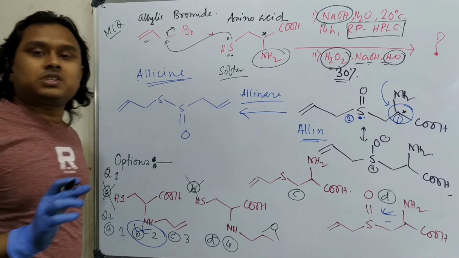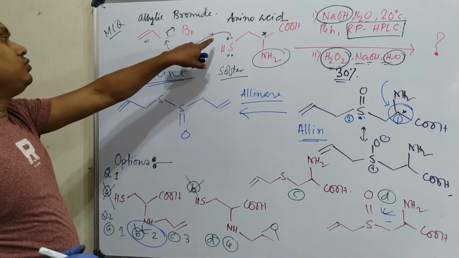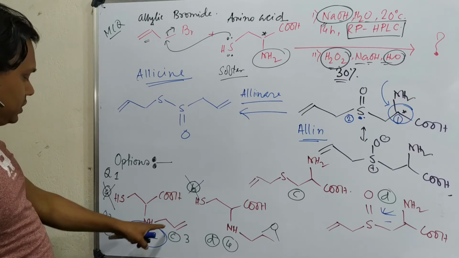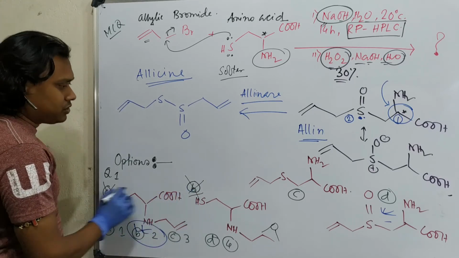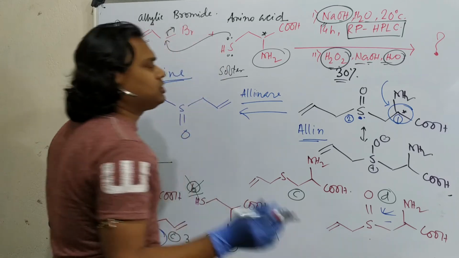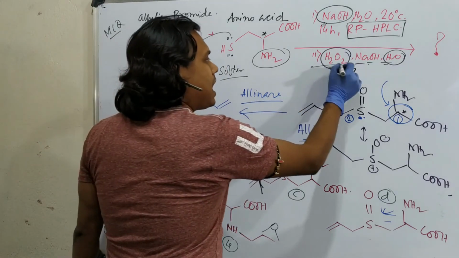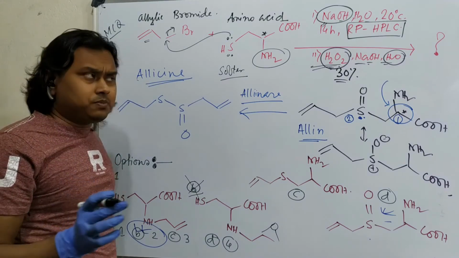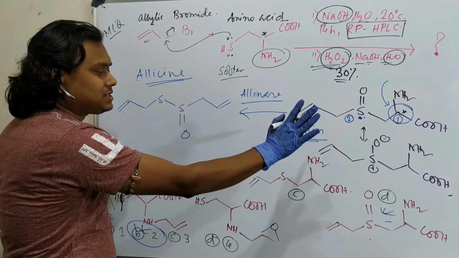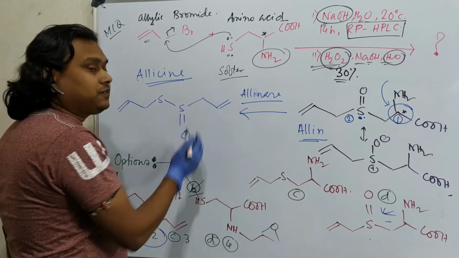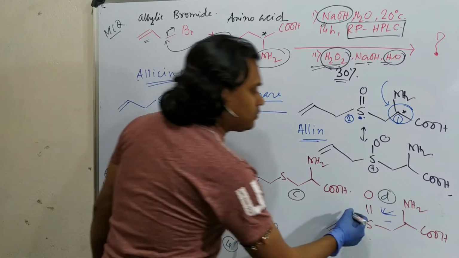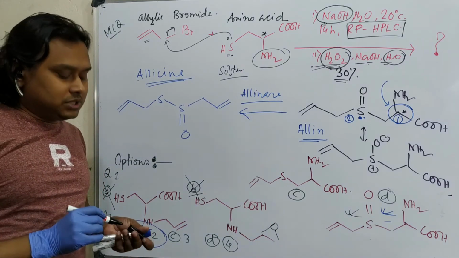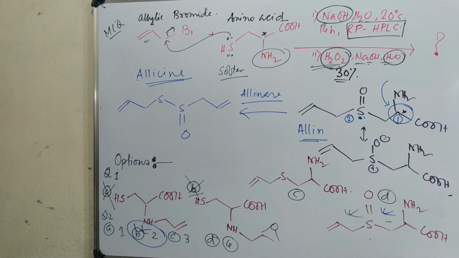So first of all, when you observe this problem, you have to think that this nucleophilic attack will happen from the sulfur, allyl substitution, double bond, fine. First step, in which case sulfur substitution, the other two are gone. Now the question is either this or this, based on your common sense. In the second phase, hydrogen peroxide is there and sulfur is prone to oxidation. If hydrogen peroxide is there, then something will be oxidized. So who will oxidize? Sulfur will oxidize because it's easy to oxidize. So the final product is this. You don't need to know that much chemistry. Based on your common sense, you can find out the answer.